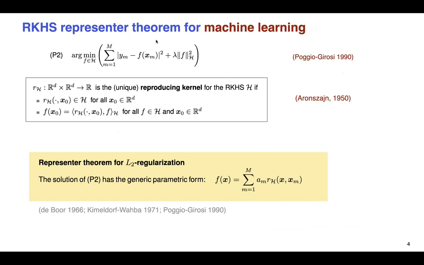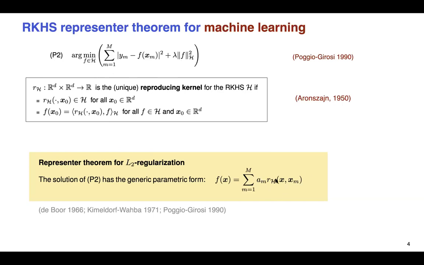And what does it tell us? It tells us that the minimizer over a certain Hilbert space H, and now I remind you, this is an infinite dimensional problem because f is just a function in a certain Hilbert space,